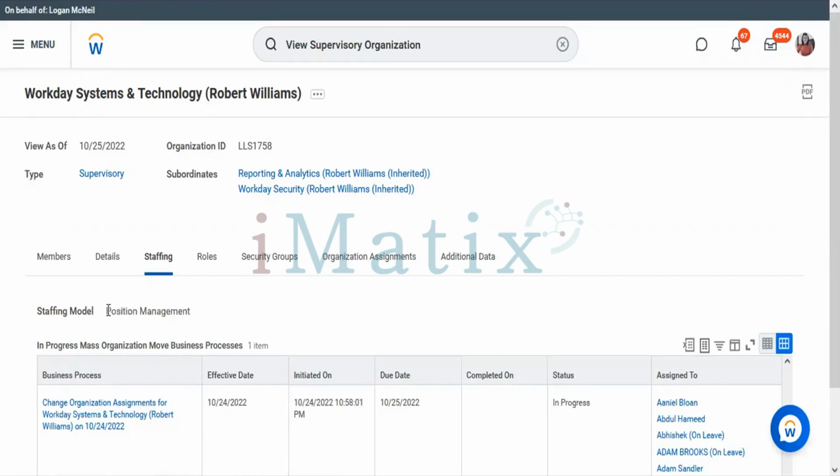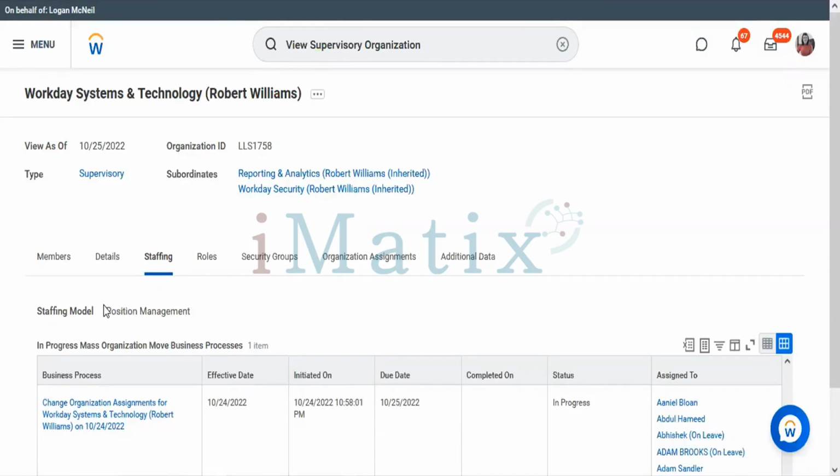And in 99% of the customers I've seen, the position management staffing model is used. I haven't seen the job management staffing model used, which does not require any position. Position management is the common and mostly used staffing model.